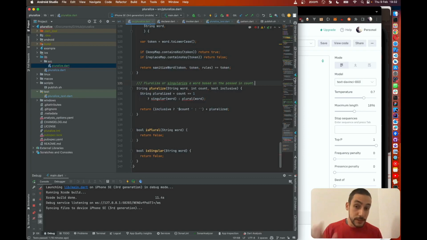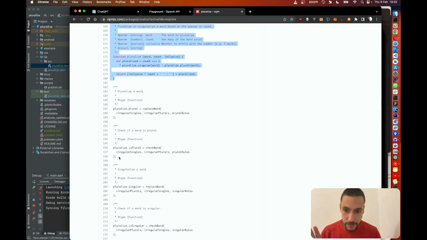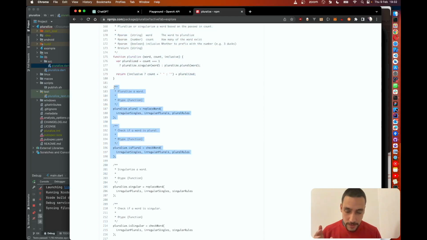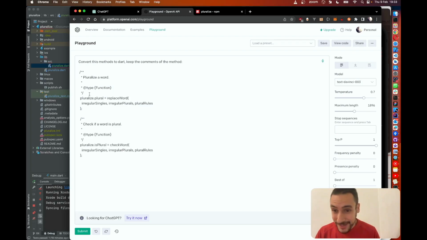And we need to convert the singular and the plural. Okay, so it's having a hard time because of this syntax. This syntax is quite strange because he's saying that the plural is the replace word. JavaScript can have all kinds of syntax that you don't expect. So it's a function that is calling a replace word. Okay, so the plural